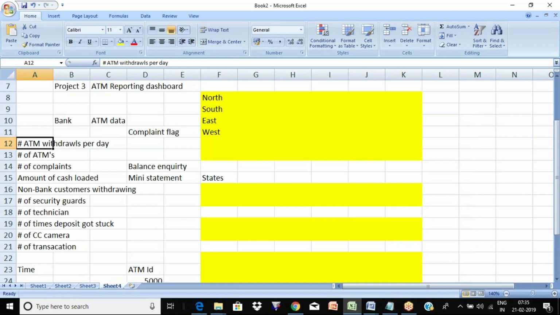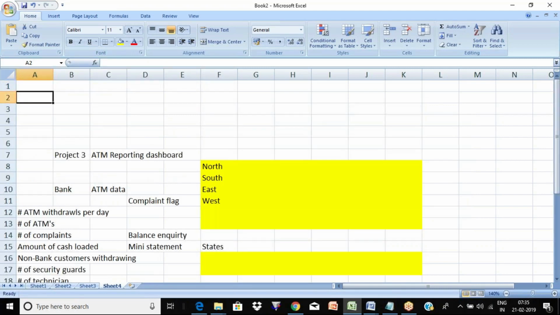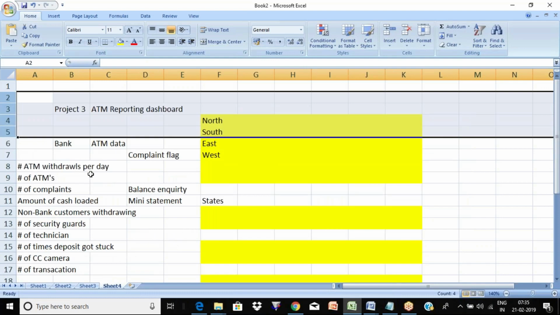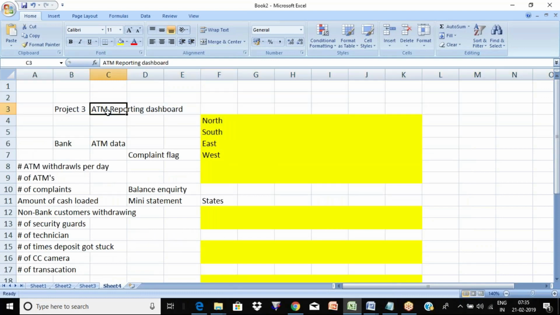Yeah. So this is how the requirement comes. This is one of the products they are looking at. They want to do the analysis on the ATM. So the very first thing you will do is, when the requirement comes, when the BRD document comes, you